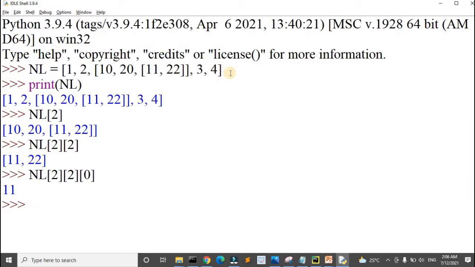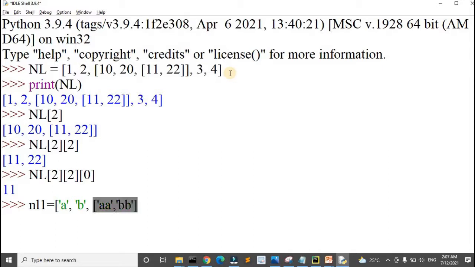Similarly, we can also create nested lists using string items. For instance, I am creating a nested list with name NL1 and I am giving the values as string items: A, B, followed by the second nested list items having AA, BB.